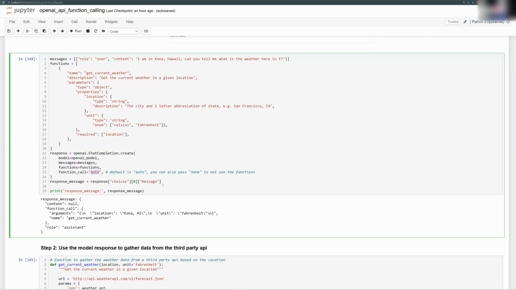The other option would be to specifically tell the API to use this function, and you can pass the function as a dictionary, where you put function and the name of the function that you want to specifically use within that call. So it's as simple as that. Now when you are passing this there, it's going to return the location, Kona, Hawaii, and the